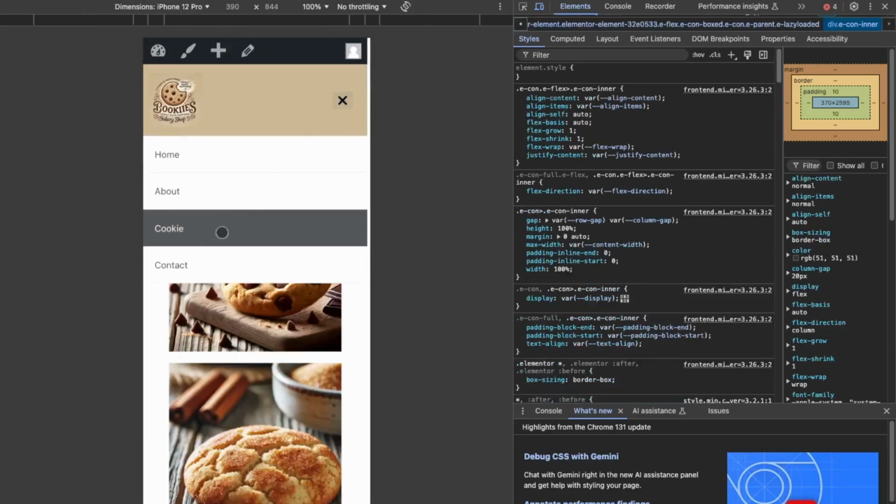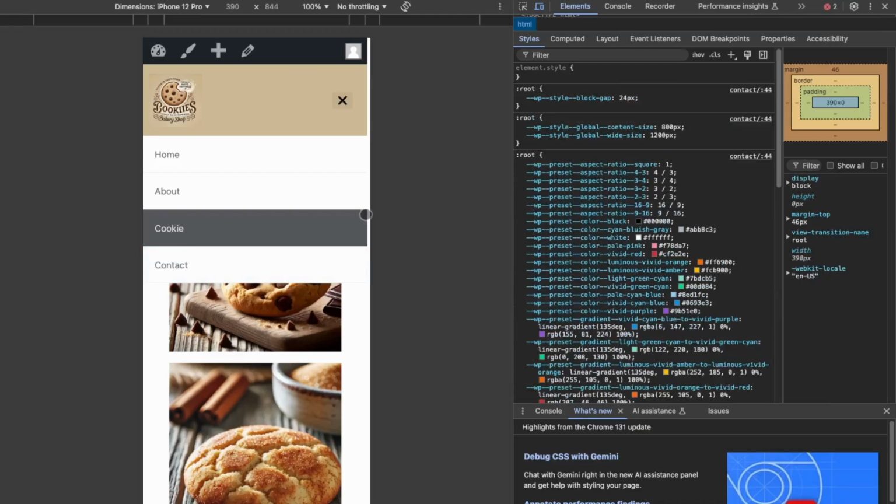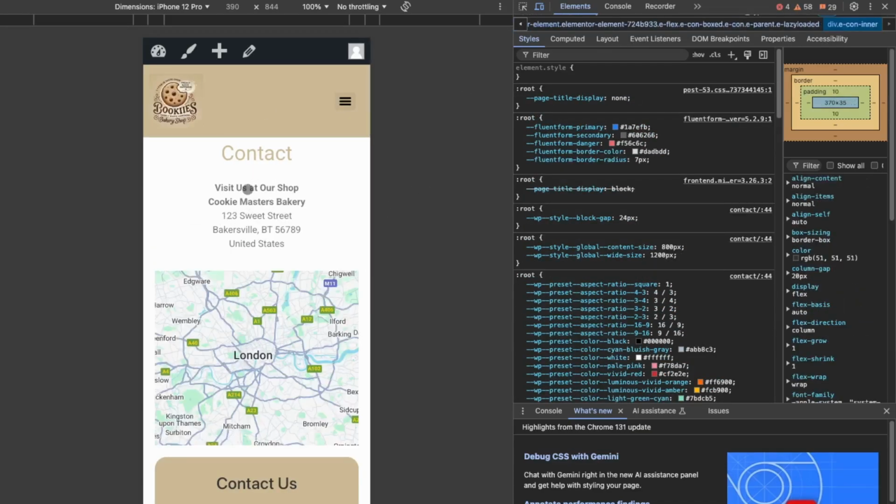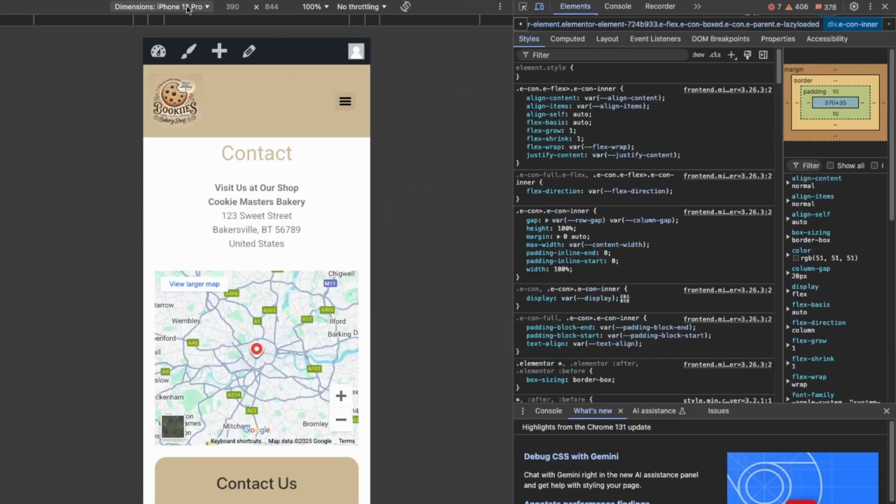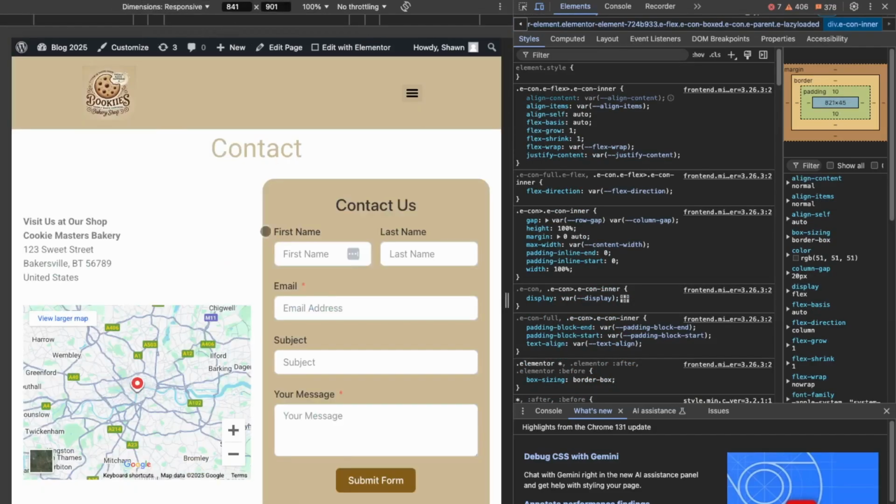And again, just on mobile and then contact. As we can see on mobile, the title here is centered. But if we go back to desktop, it's left aligned. So we know that our media queries are working correctly. So let's just finish off by fixing